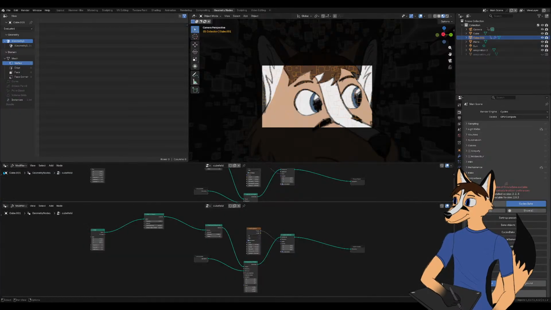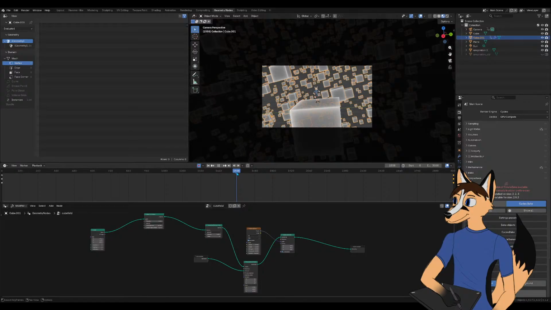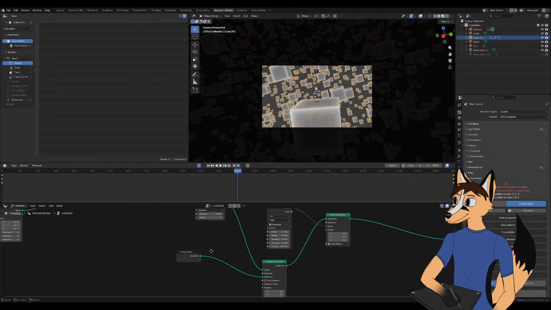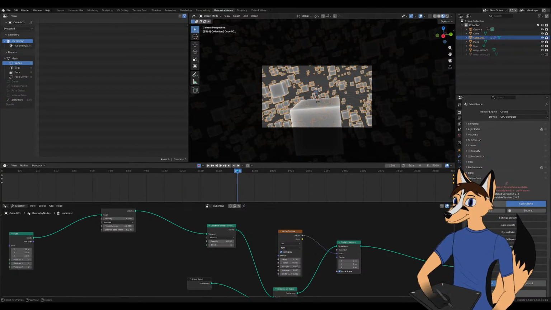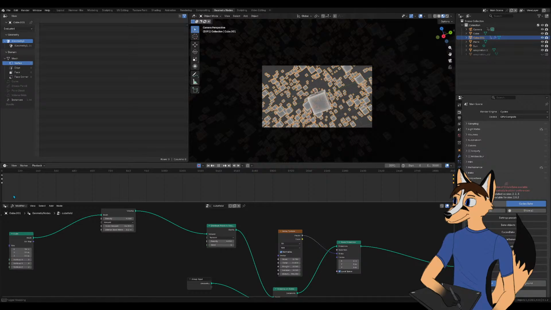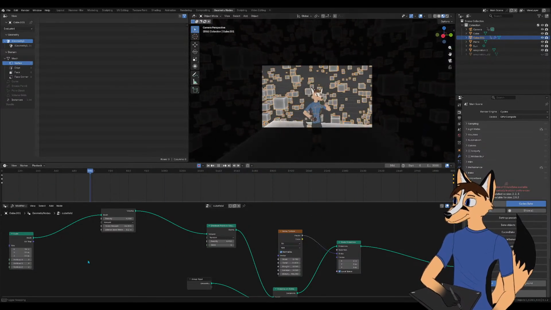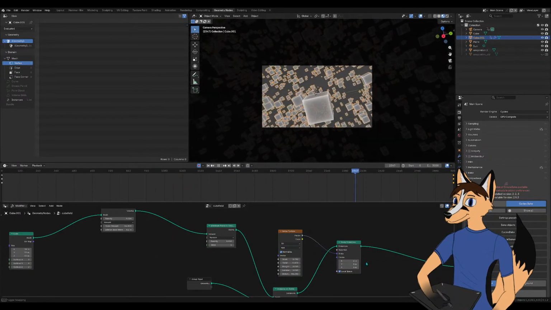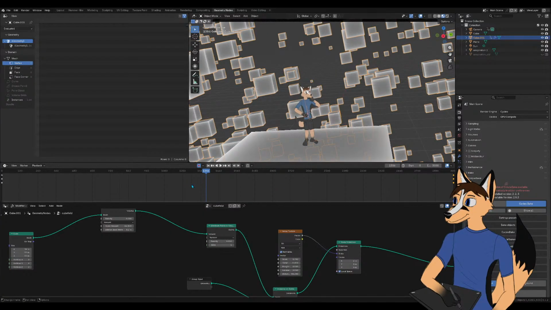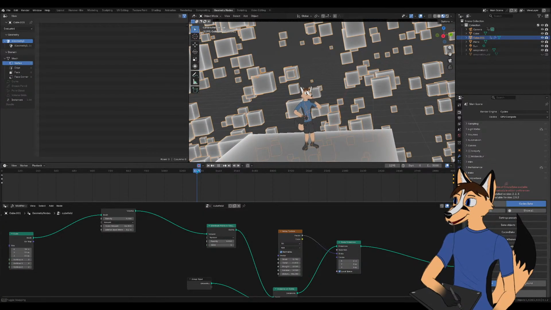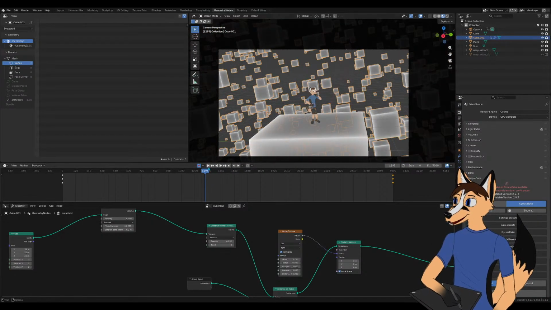Gotta bring up my timeline here so that I can scrub to the frame where I see that Z fighting happening, and then fix it. I can probably just literally change the seed just slightly and the problem will be fixed. I'm changing so much that it really doesn't matter the exact position of the cubes anymore anyway, so let's see, I don't see any other Z fighting. Oh, never mind, I see a little bit of Z fighting in the background here, so let's try seed 2. Seed 2 probably doesn't have any Z fighting.